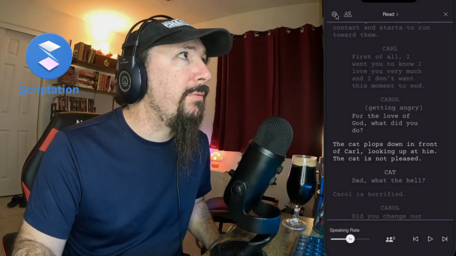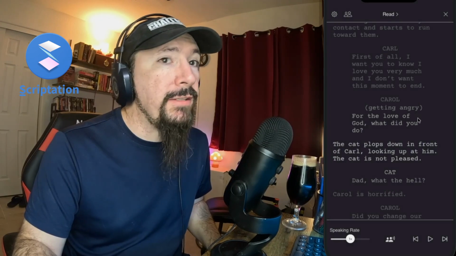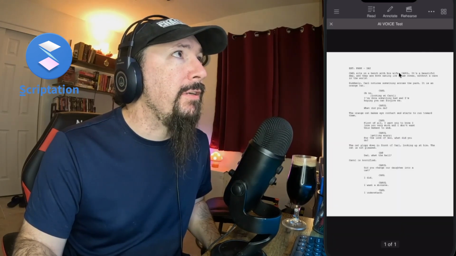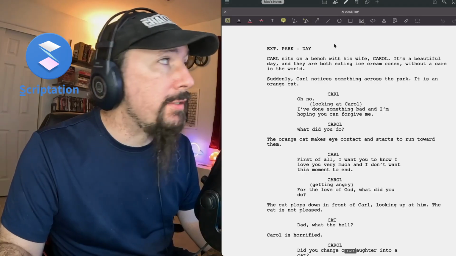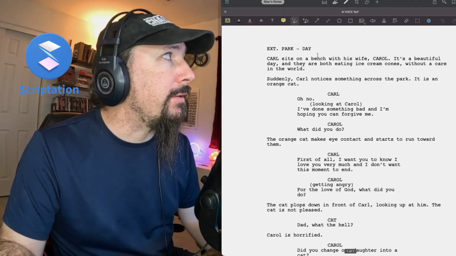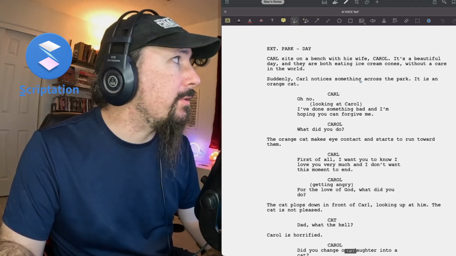Very simple app, very easy to use. If you want to exit this script view, just hit the X up at the top, and that'll take you back out. So just real quick, this is the desktop view, just to give you an idea of what you're looking at. Again, you have the annotation options up here,